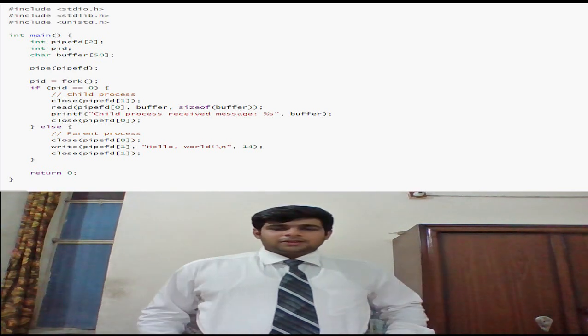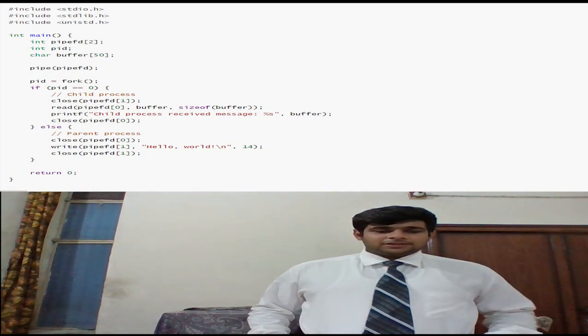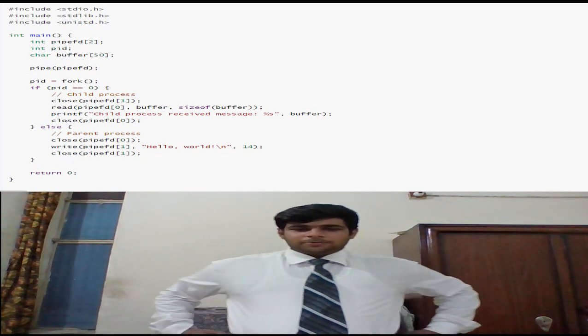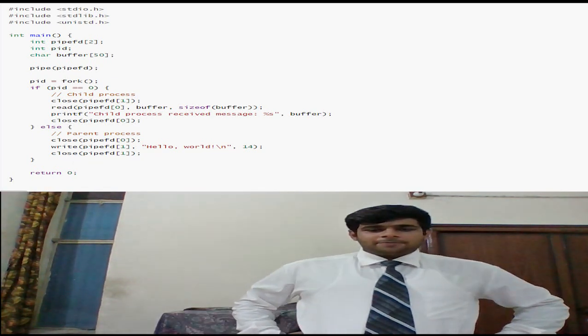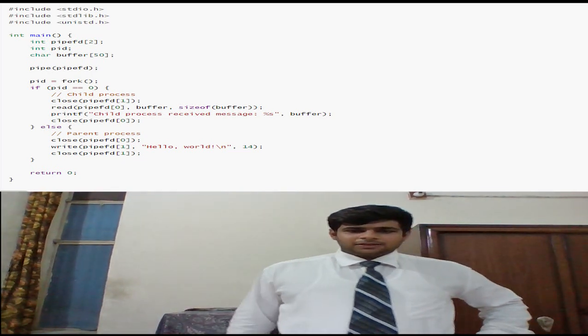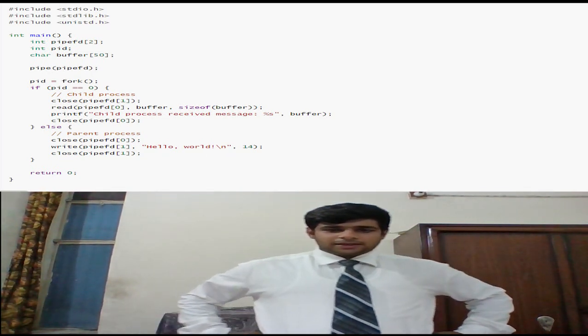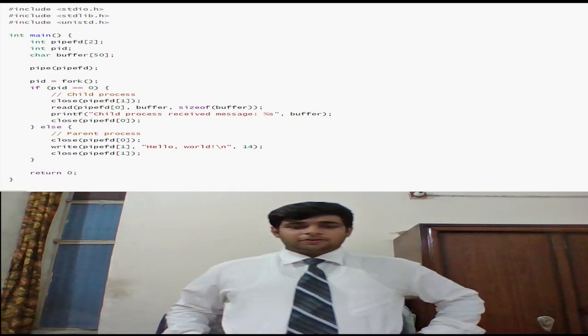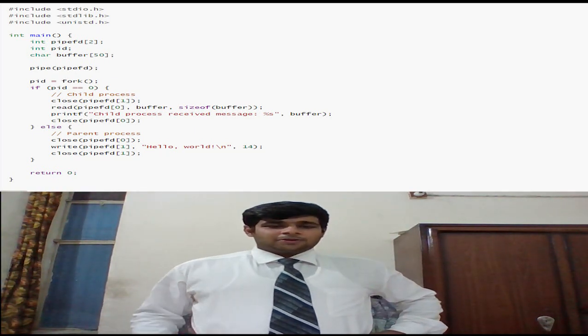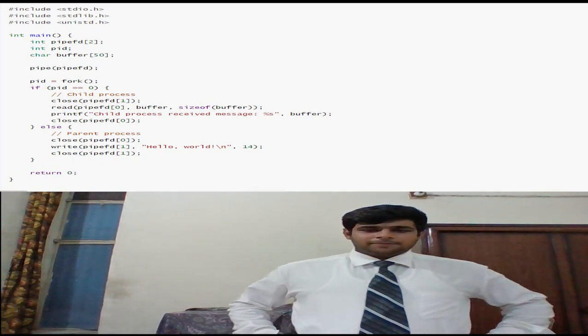Now moving on to the third program, we will discuss inter-process communication using pipes. Now in the program we can see that we declare a pipe variable. We declare an integer array with the name pipefd, then we create the PID variable which will store the ID of the process, and char buffer declares how much memory will be occupied